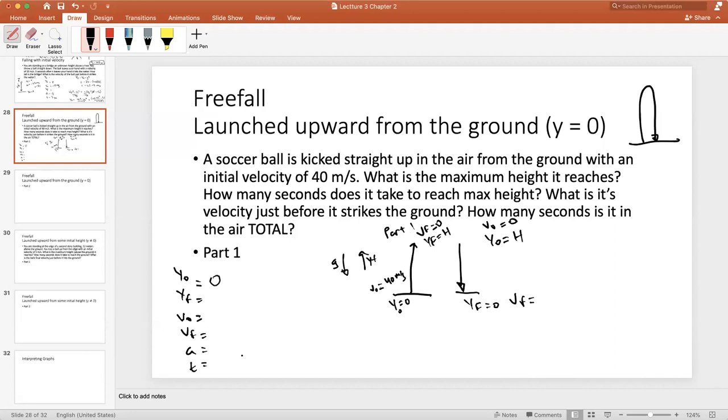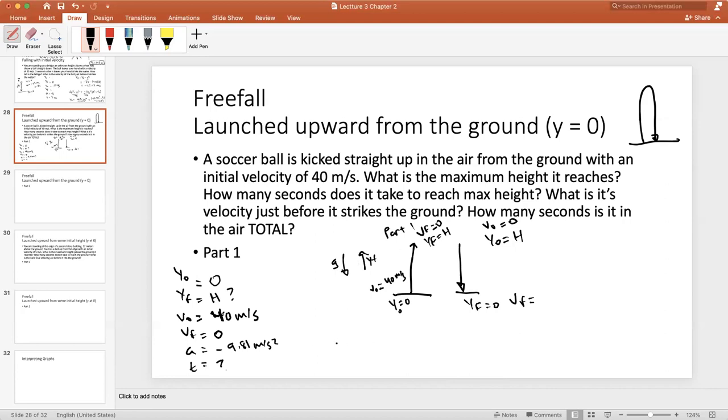So y initial is 0. I don't know what this is, but I'm going to put h. V initial was 40 meters per second. V final is 0 when it reaches maximum height. Remember, I'm only doing half the motion. a is minus 9.81, or g if you want. And time, I don't know, but I want to find. I want to find h and I want to find t. T is easy to find